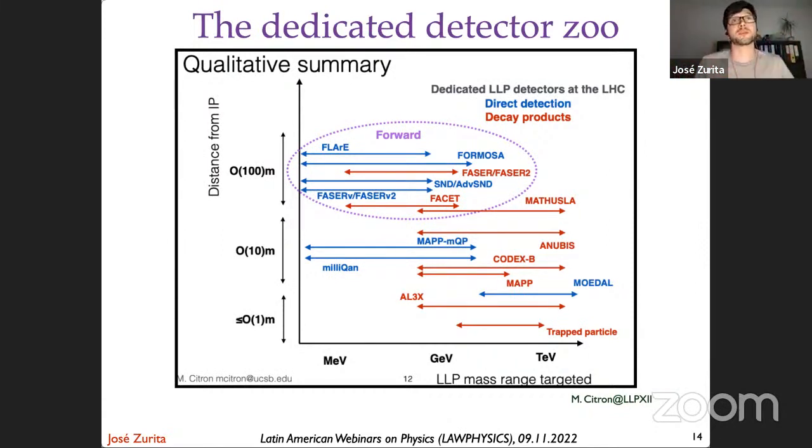Many of the proposals actually share this thing, but let me just tell you about this one, ANUBIS. Now, ANUBIS is getting criticism because other proposals shield themselves. MATHUSLA is shielded by the whole rock between the LHC and the surface. CODEX-b, which will be put next to LHCb, is going to have additional shielding to remove kaons, pions, etc. that are produced, but ANUBIS is not having any shielding,